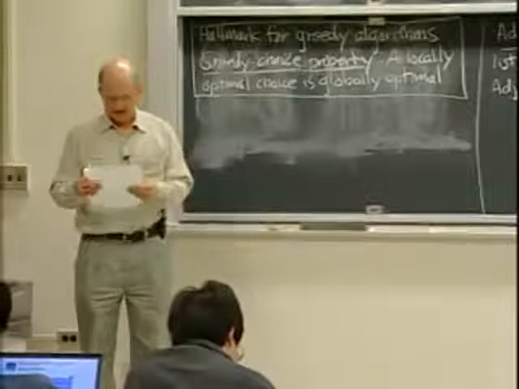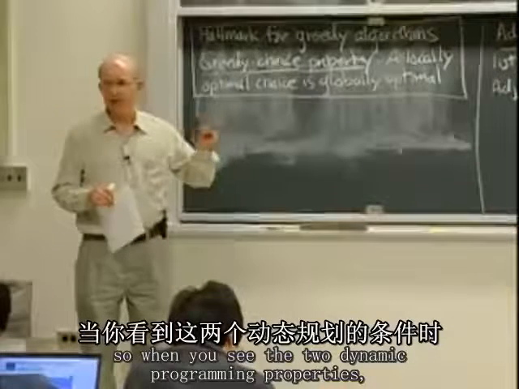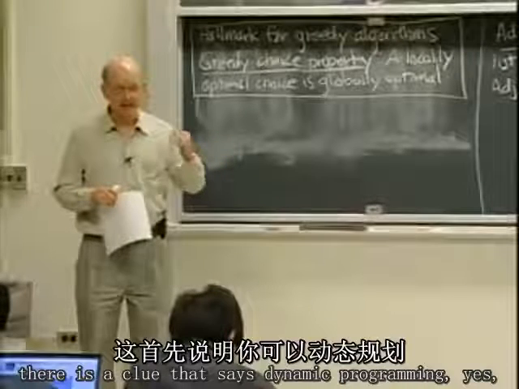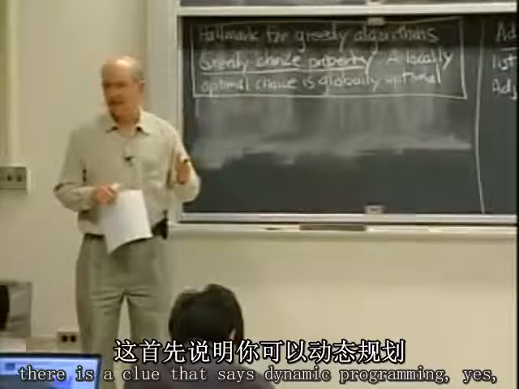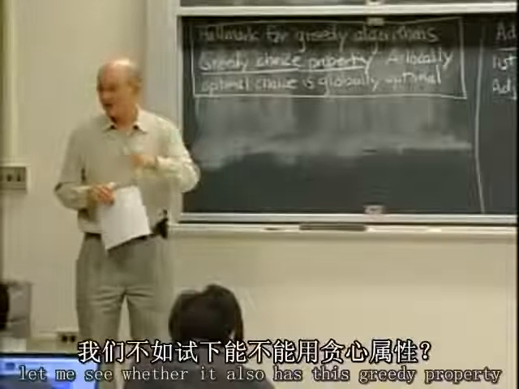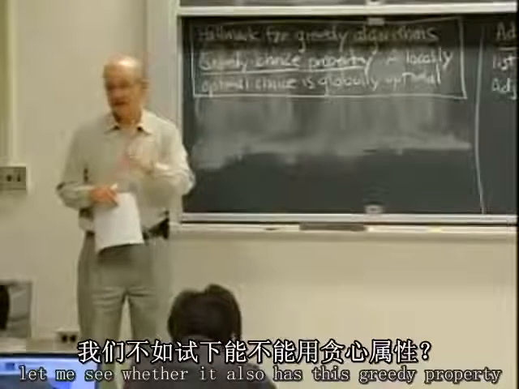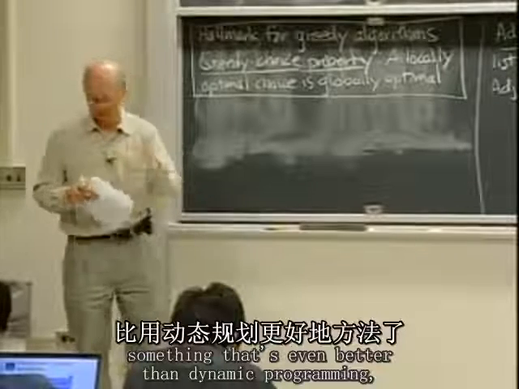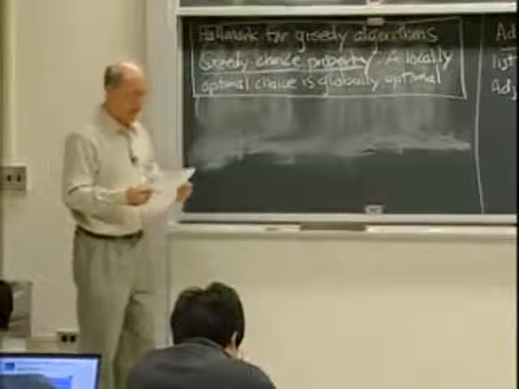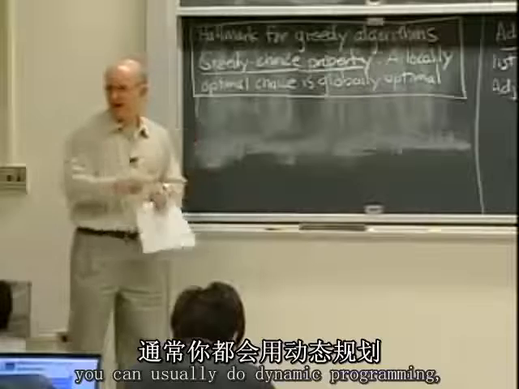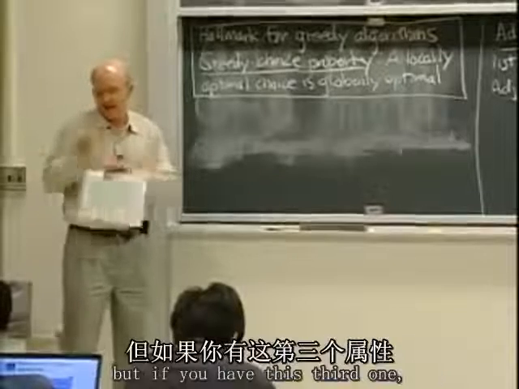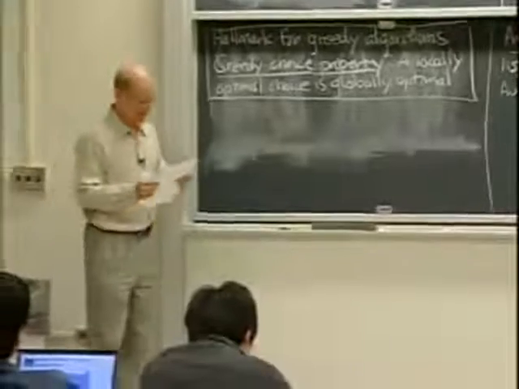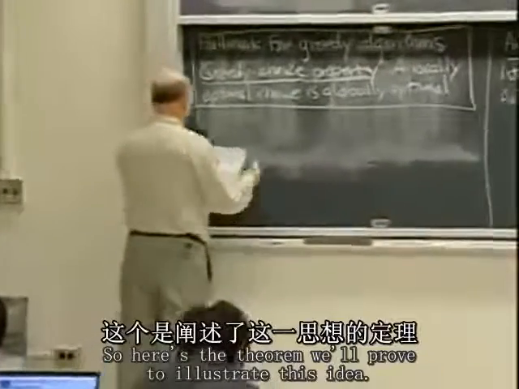Okay? So when you see the two dynamic programming properties, there's a clue that says dynamic programming, yes, but also it says, let me see whether it also has this greedy property, because if it does, you're going to come up with something that's even better than dynamic programming. Okay? So if you just have the two, you can usually do dynamic programming. But if you have this third one, it's like, whoa, jackpot. Okay? So here's the theorem we'll prove